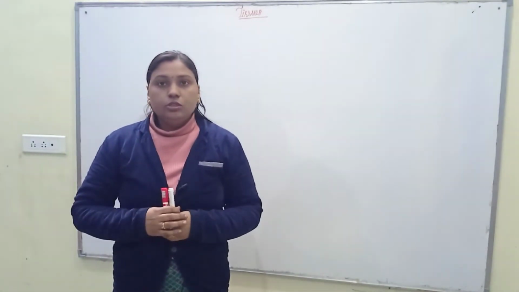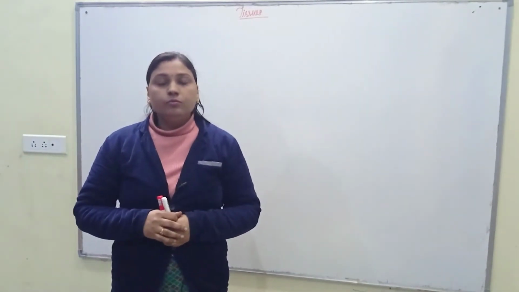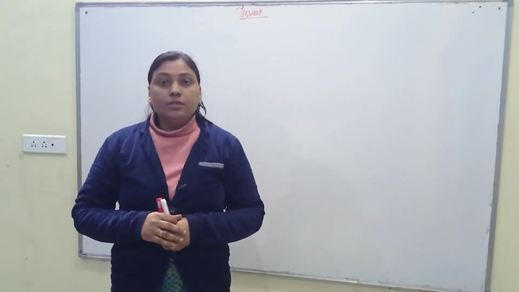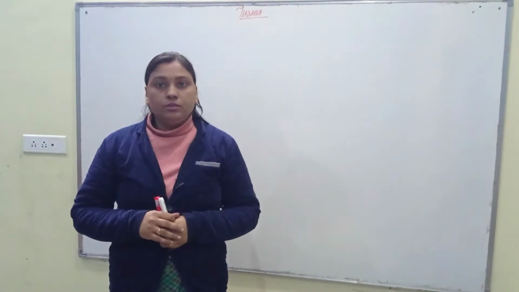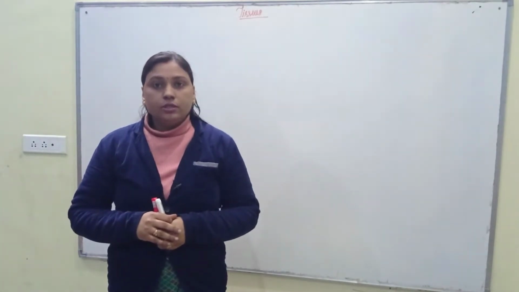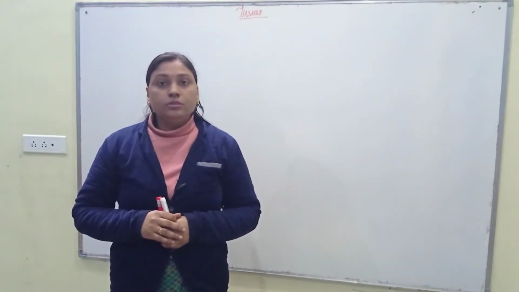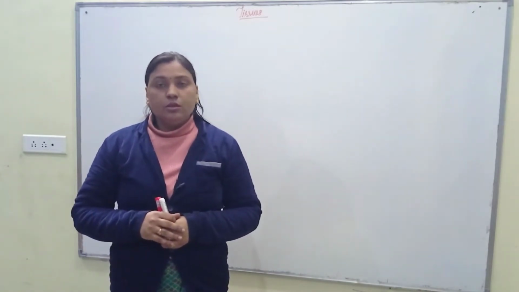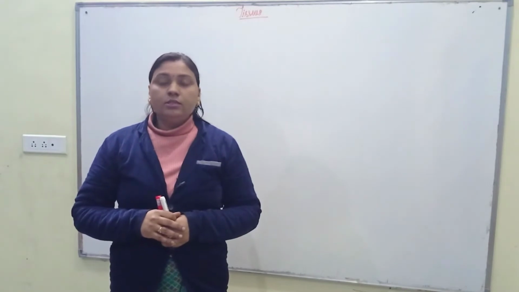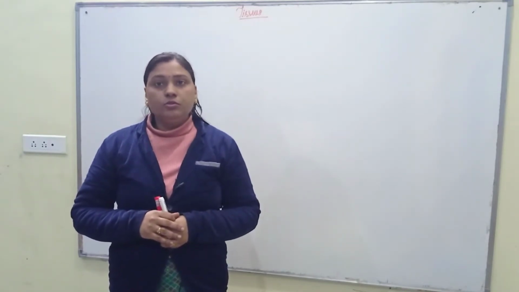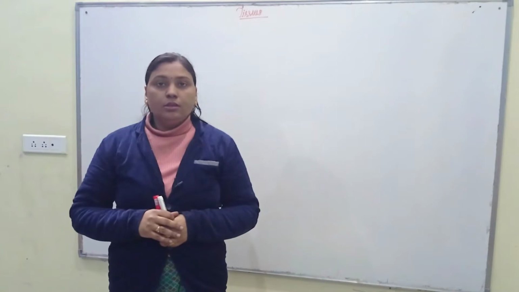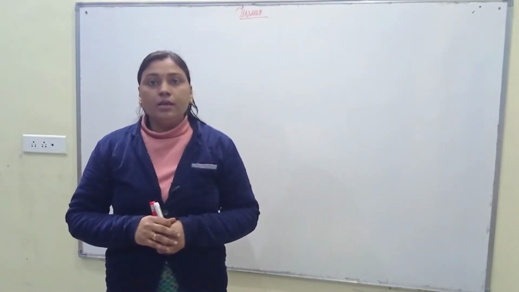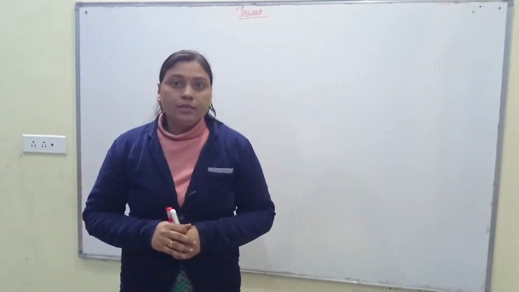Hello everyone, today we will discuss supportive permanent tissues. Supportive permanent tissue is a type of simple permanent tissue, and one of the significant features of simple permanent tissue is that it is made of the same type of cells. So in this session we will discuss supportive permanent tissues that are of three types: parenchyma, collenchyma and sclerenchyma. So let's get started.